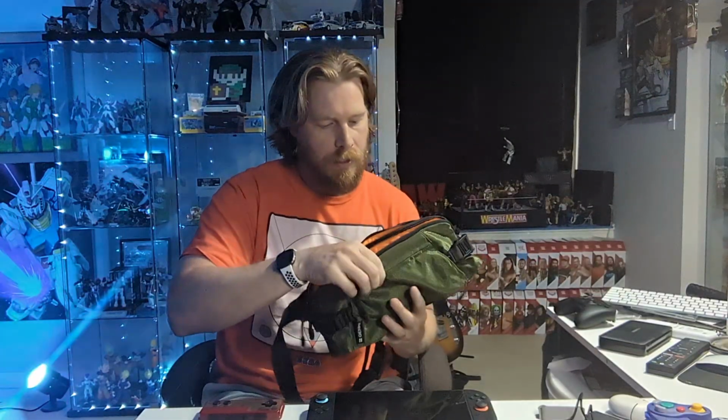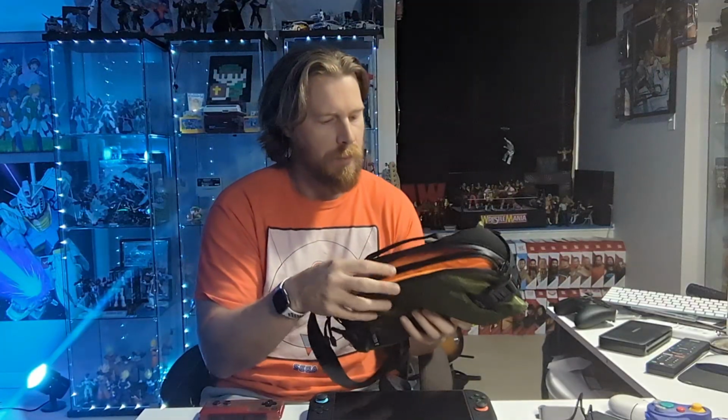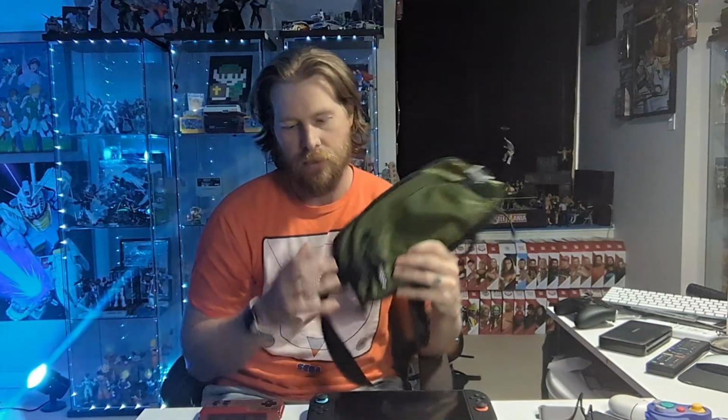It's padded, so obviously you're not going to take this and throw it, that's going to hurt your system. But with jostling around when you're walking around the streets, on the subway, on the train or whatever, and you're using this, it's also going to protect your system and keep it close by. And again, it's an all-purpose bag. You can put your wallet in there, your phone, so you have everything